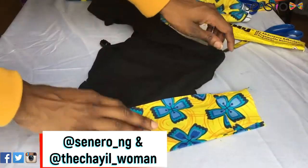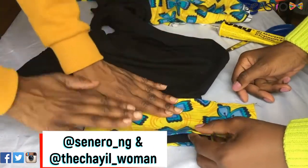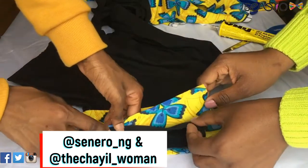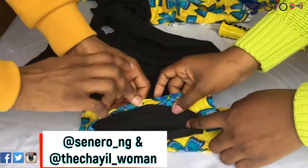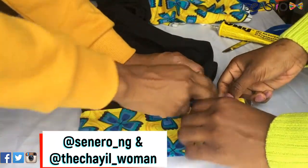It's already looking so nice, guys. Yes. So it's because I like my turtleneck full. That's why I made the Ankara this full. If you're used to folding your turtlenecks or whatever, then obviously you can either use the inside design like we did for the jean, or fold it first and then place your Ankara on top. Okay, so now to make sure it's neat as always,